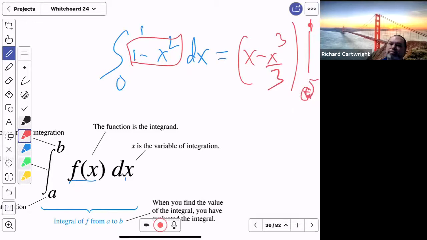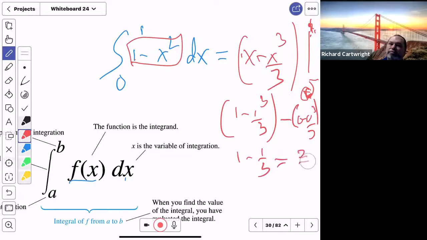switch. So when I plug in my 1, I get 1 minus 1 cubed over 3, minus, and you plug in the lower limit, that gives me 0 minus 0 cubed over 3. That gives me 1 minus 1/3, which is my exact answer of 2/3. Because even the computer, when they did a chart for how many rectangles, it was approaching 0.6666, if you recall. And that is 2/3. So this is so much easier, even though it's considered advanced calculus, it's so much easier